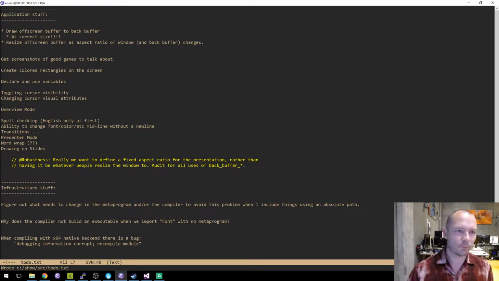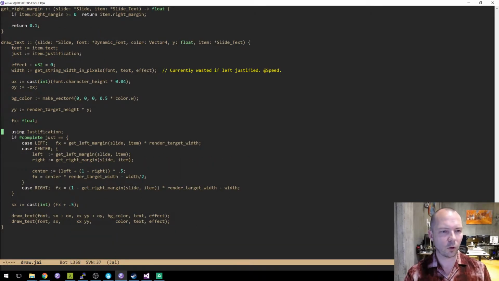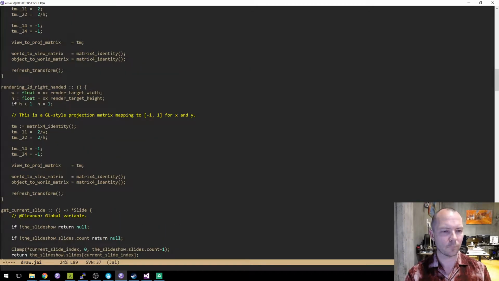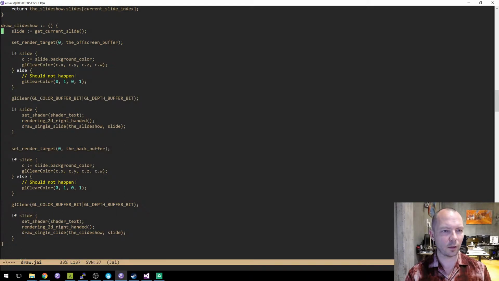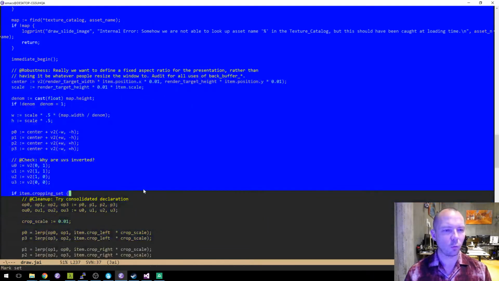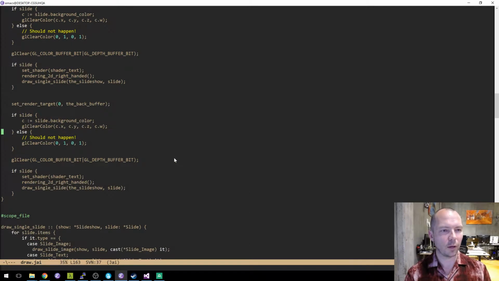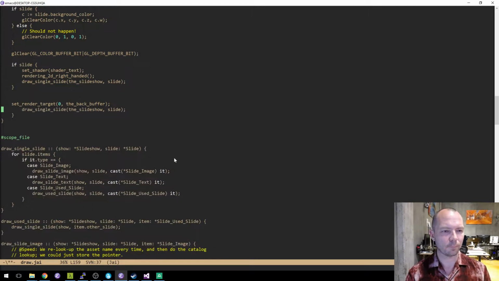Okay, let's do it. So, remember when I just said we're drawing the whole scene twice? Where was that? Here it is. So we were drawing it once, and then we're setting the new render target and drawing it again. Well, now we're going to get rid of that second time. Instead, we're going to say set shader